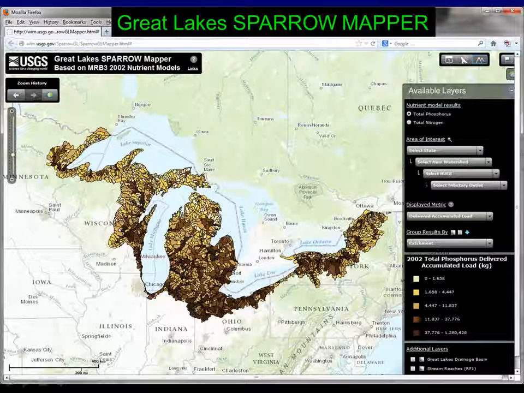The problem with sediment and SPARROW is that small drainage basins can have a huge impact on this. And if you look at the scale we're talking about, it's a big scale. A few small drainage basins in an agricultural field or in an urban area will wipe it out completely. And so there are real problems.